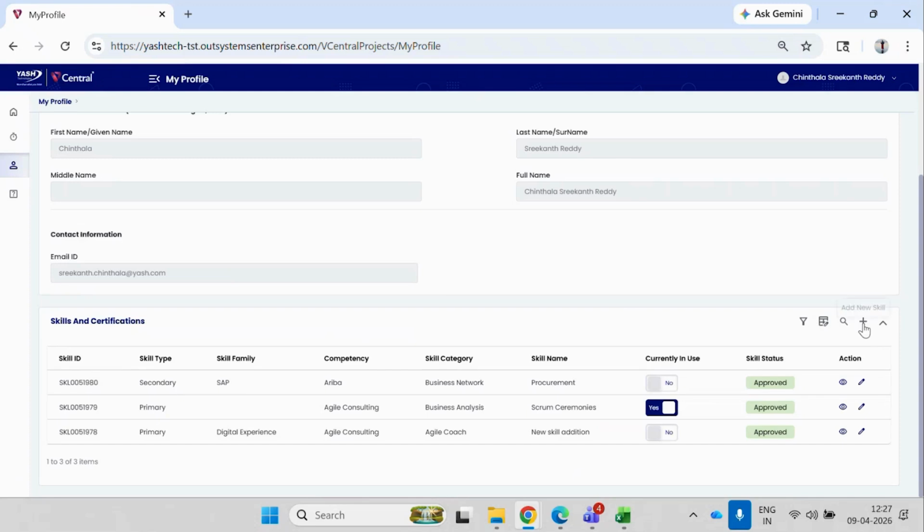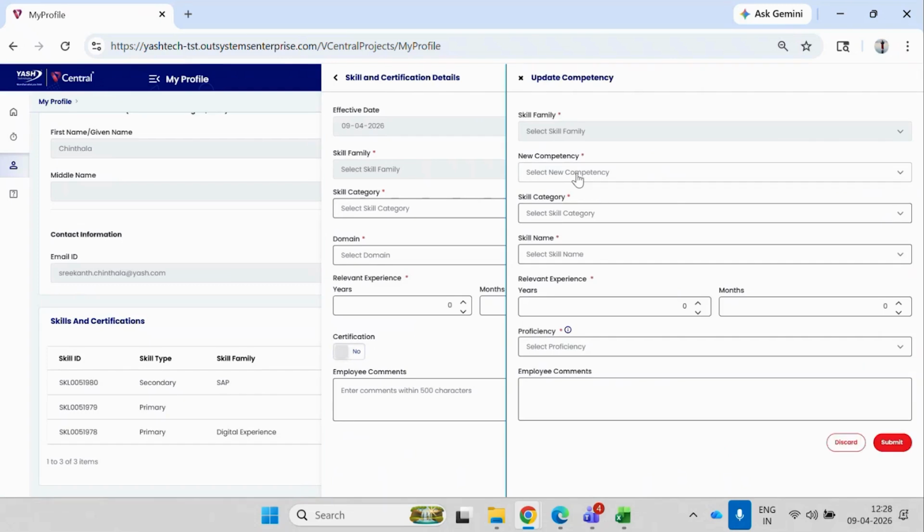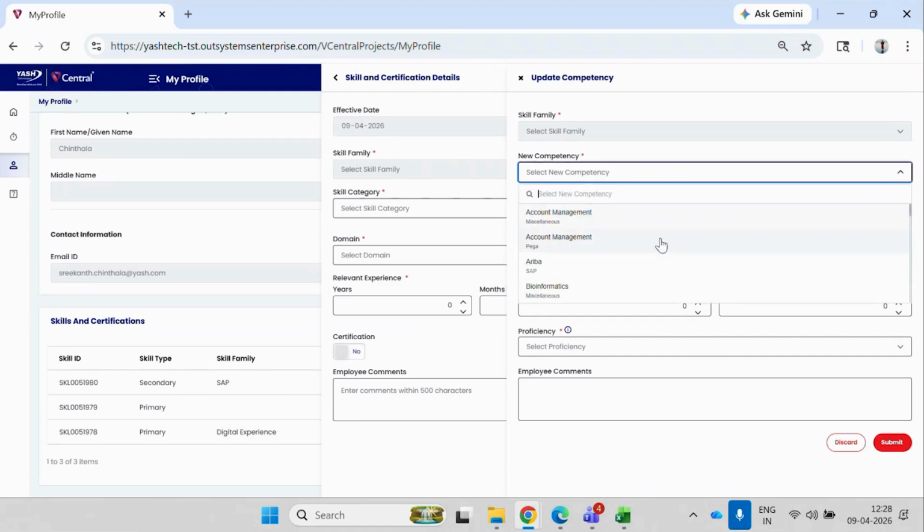Now there's also an option called update competency. So if the logged in user wants to go ahead and update the competency which is already associated with the logged in user, they can just click on this update competency. So here the employee needs to choose the new competency which they want to be mapped to them. So we'll just choose the new competency